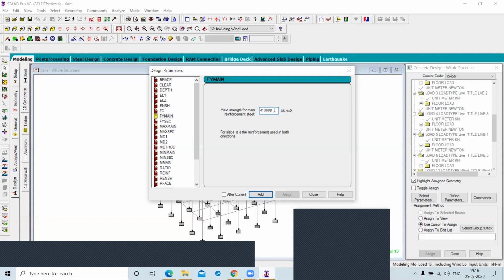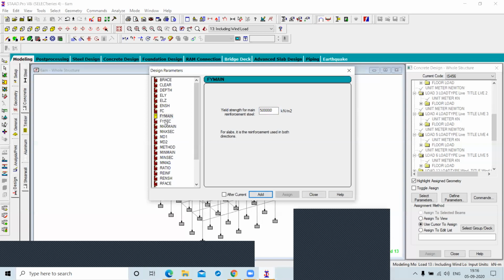FE 550, FE 500, FE 415, and FE 250 also, which is mild steel. So here we consider 500 or 415. 500. You will give 500000, right? Click on add.